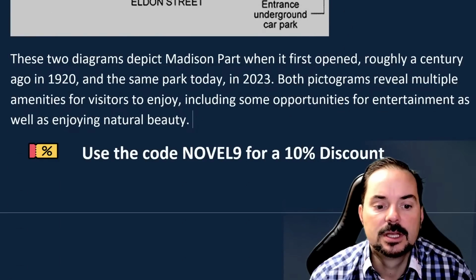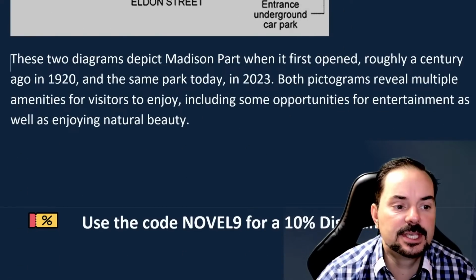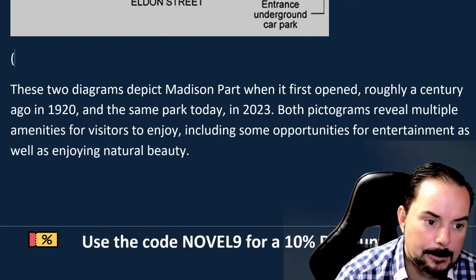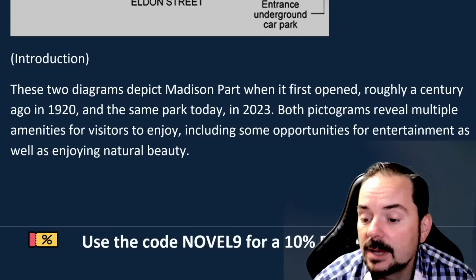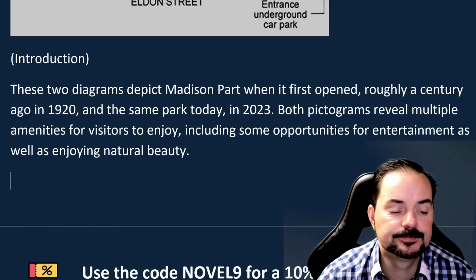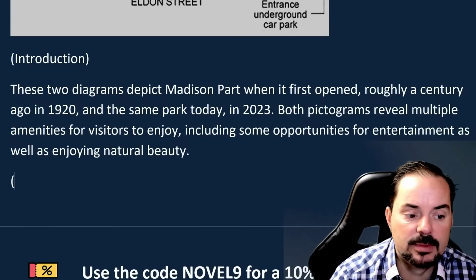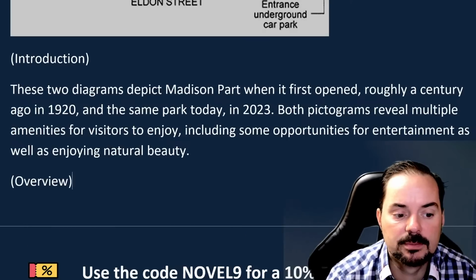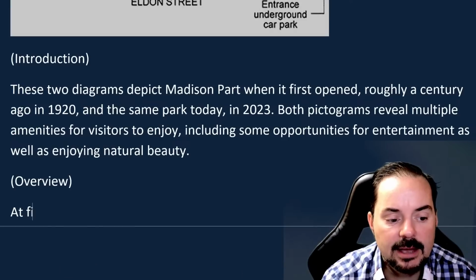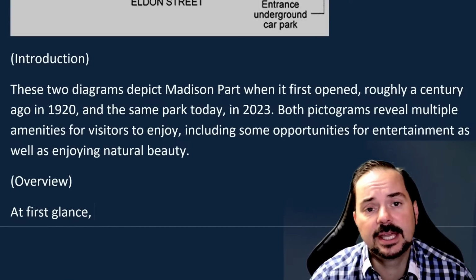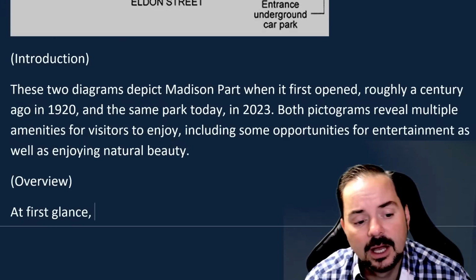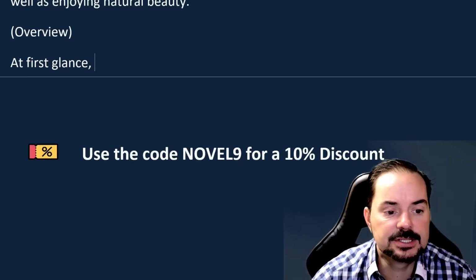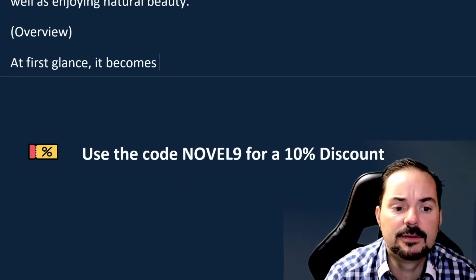Okay, so this is the introduction. And members, write the overview from what you've seen so far in these two maps. I'm going to do the same, and again, we'll compare. Okay, so at first glance. Now, this is not template because it really is your first glance. So kind of at your first look, it means without really looking deeper. So at first glance, it becomes obvious